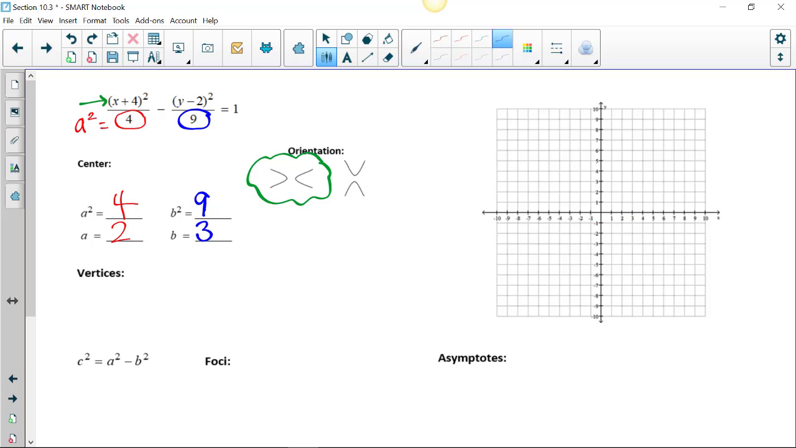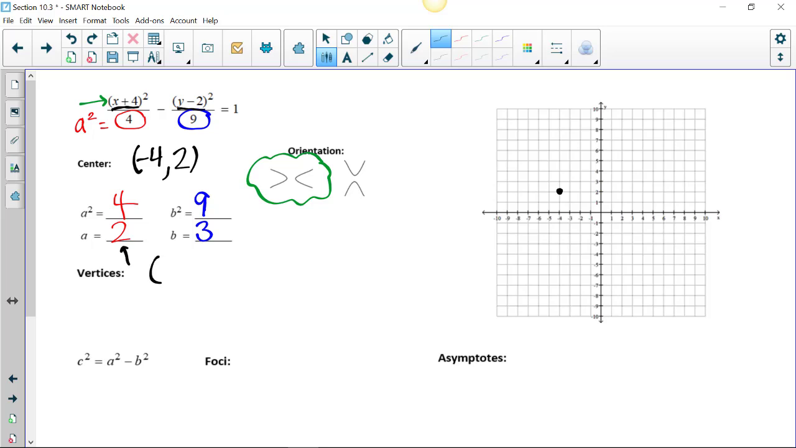So we need the center, and the x-coordinate of the center comes from this binomial involving x, so it's -4. The y-coordinate of the center comes from this binomial involving y, so it's 2. So I'm going to start with the point (-4, 2). All right, that's my starting point. From there, which direction do I go to find the vertices? I'm going to go left and right because of my orientation, and I'm going to go left and right 2